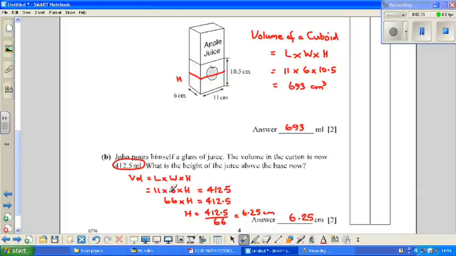412.5. So we know that 11 times 6 is 66, multiplied by h equals 412.5. But we want to find h on its own. So we want to get rid of this multiply by 66, and remember we have to do the opposite of multiply by 66, which is divide by 66. So h is going to be equal to 412.5 divided by 66, which is 6.25 centimeters. So the height, that height that's gone down from the 10.5, has ended up at 6.25 centimeters, and that's your